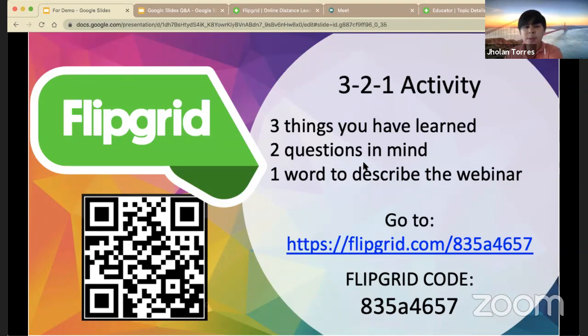All you need to do is to press the green, the white cross mark, the plus sign there. Please, it's accessible po. Then you can start recording. But again, you need to log in using your Gmail account or your Microsoft account po.